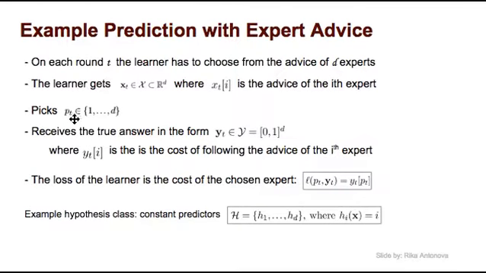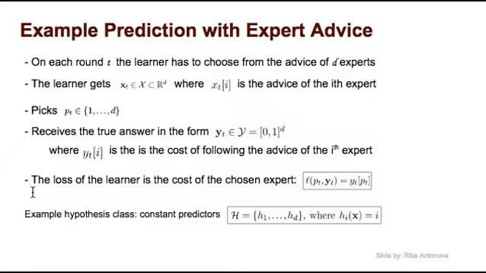Then we pick one prediction, pt, which is basically one of the d experts, and then we receive a vector of costs, yt,